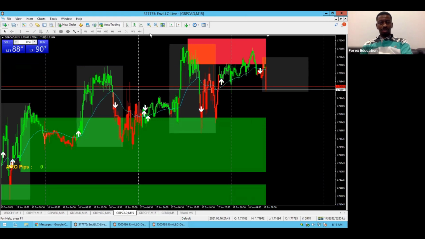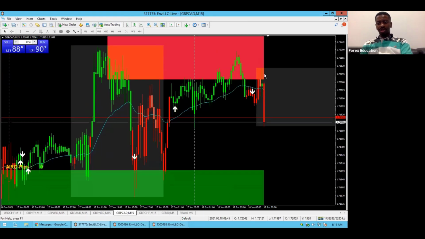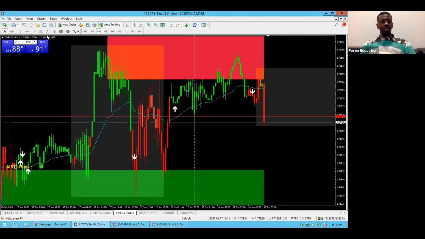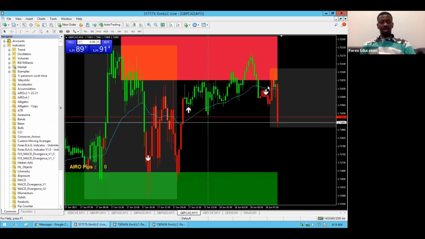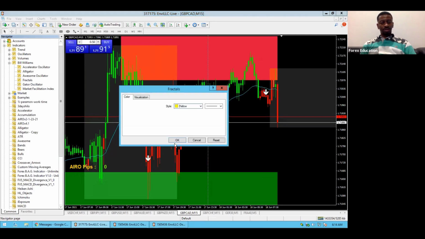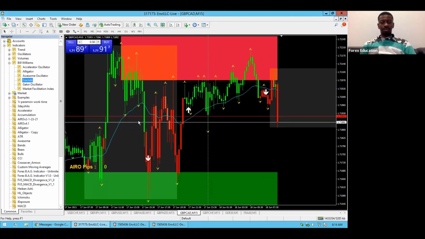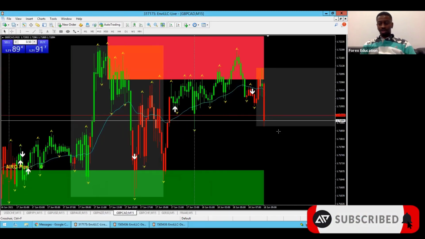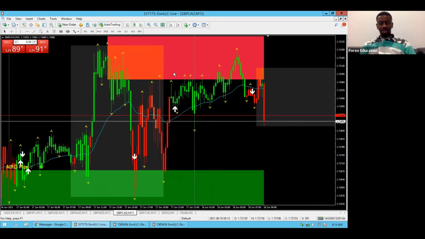GCAD. Ooh, that's lovely right there. Look at that. Doji, bearish, engulfing. Guaranteed when it closes in 1 minute, it's going to be a fractal high on that doji. Guaranteed. Wait for that one to close, and you'll see that the fractal high pops up. What are we going to get right there? 20 down to the zone.